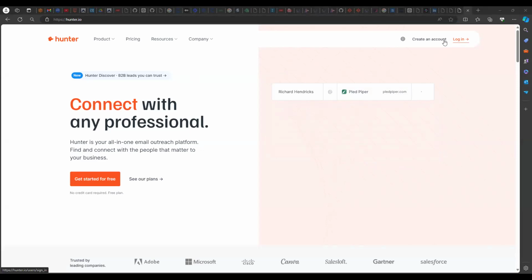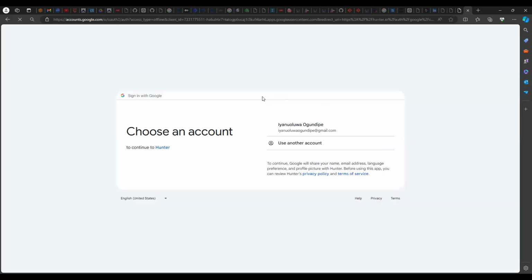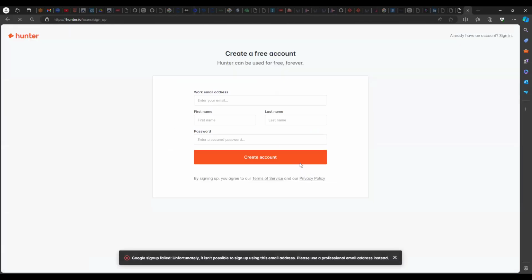I'm going to expect everyone of us to actually create an account. So click on create an account. You can sign up with Google. It's going to complain a bit about you using a free email address or something, but I think you can ignore it and continue. So if you click on, okay, says Google sign up is disabled. Okay, so let me see if I can use this manually.